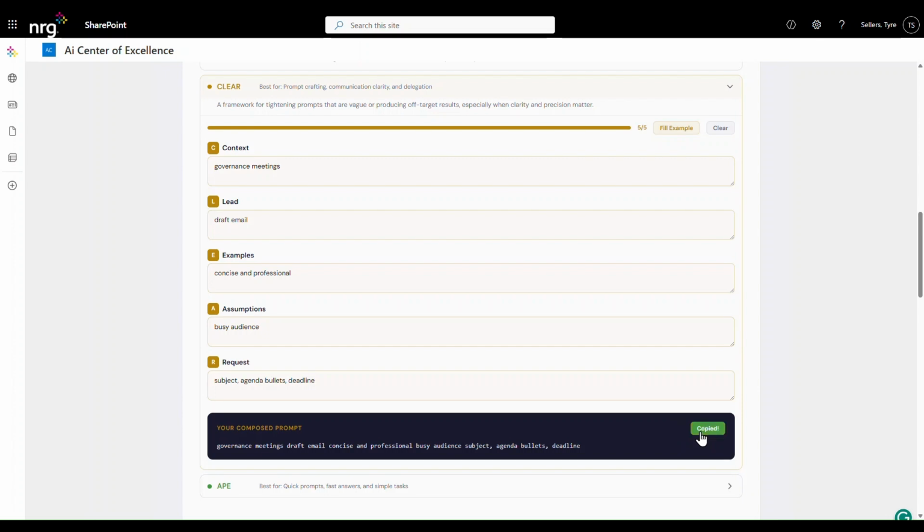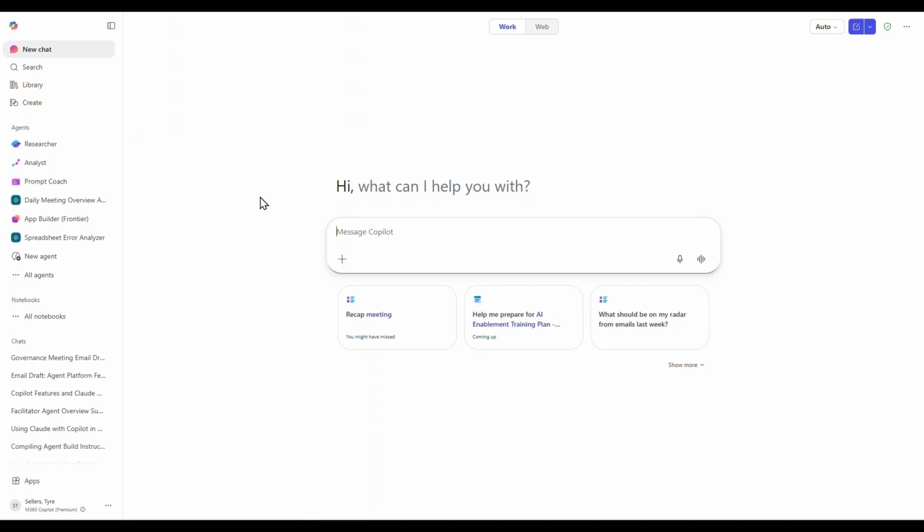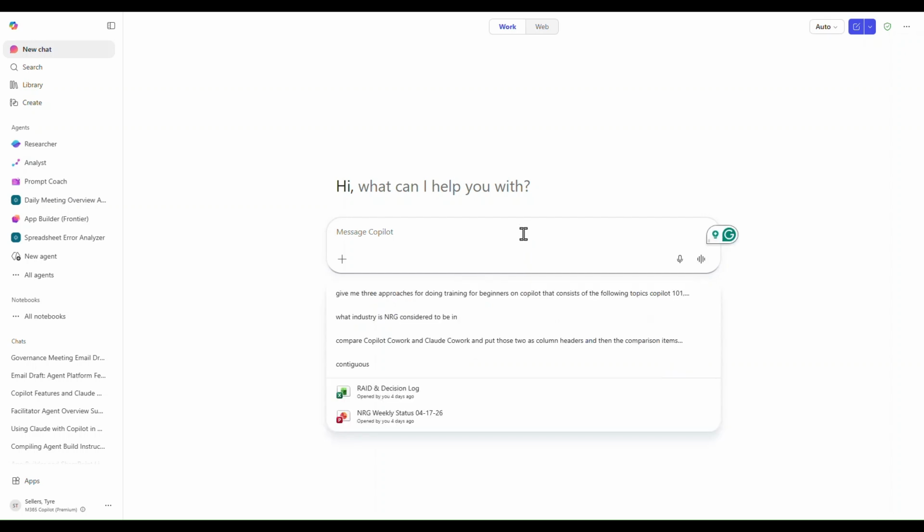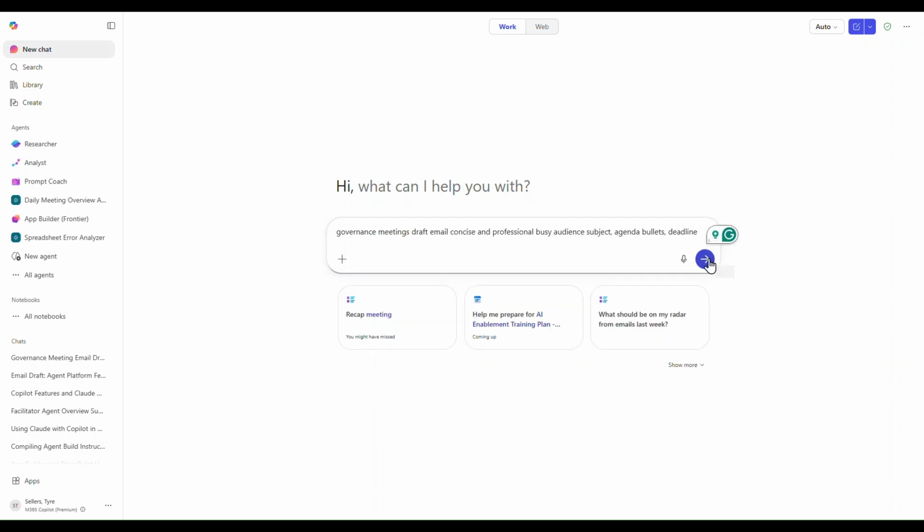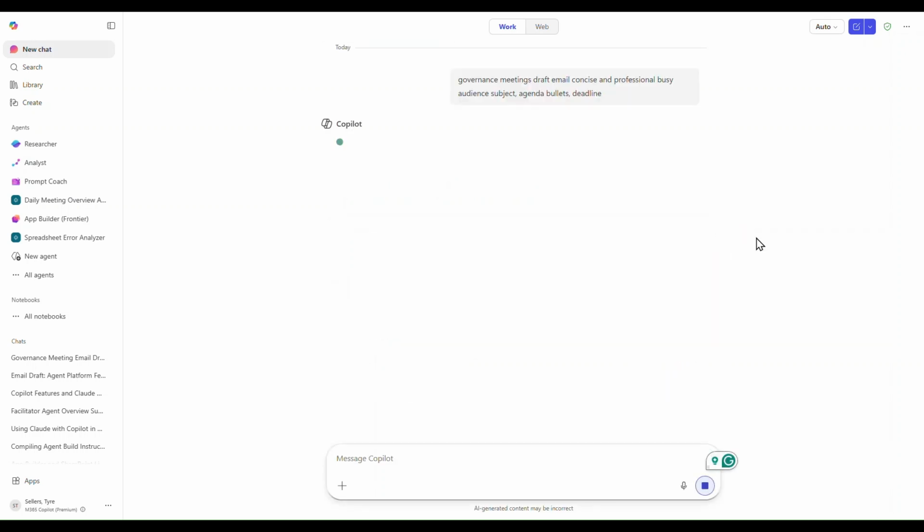I'm going to copy this prompt, and then I'm going to go over to Copilot, paste this prompt in here and then let Copilot go to work. As it's going to work, it'll put together the output, which is the draft email that I'm asking for, and we'll see if it's able to capture all of the information that I need.